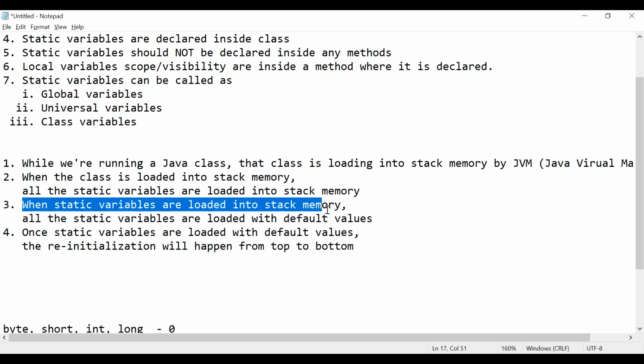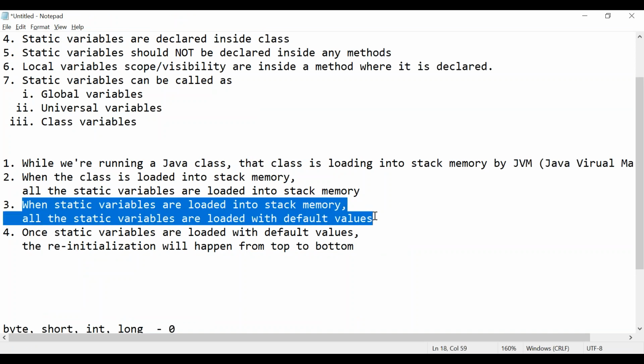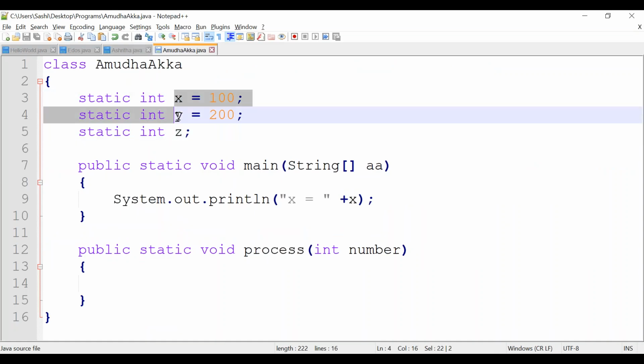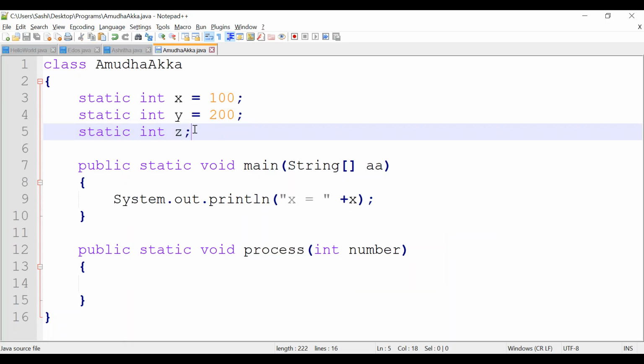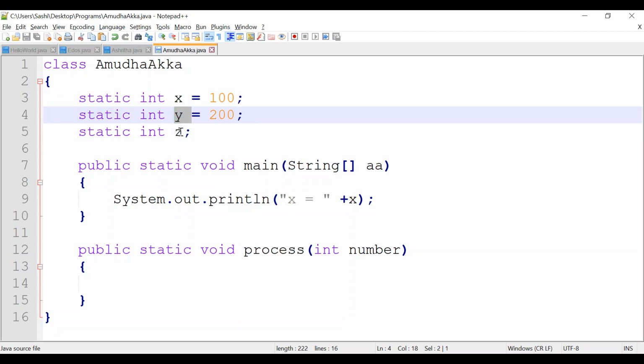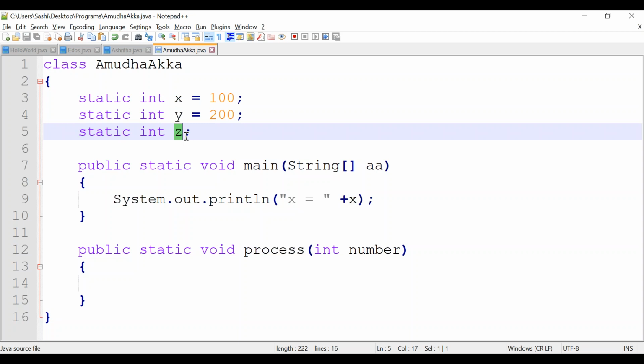When static variables are loaded into stack memory, they are loaded with default values. X, Y, Z, all three are loaded with default values 0, 0, 0 in the beginning. Correct? Fourth point is, once loaded with the default values, then reinitialization is happening. Correct? From top to bottom. First X will be reinitialized, then Y, then Z. If there is no value, then it will be default values.